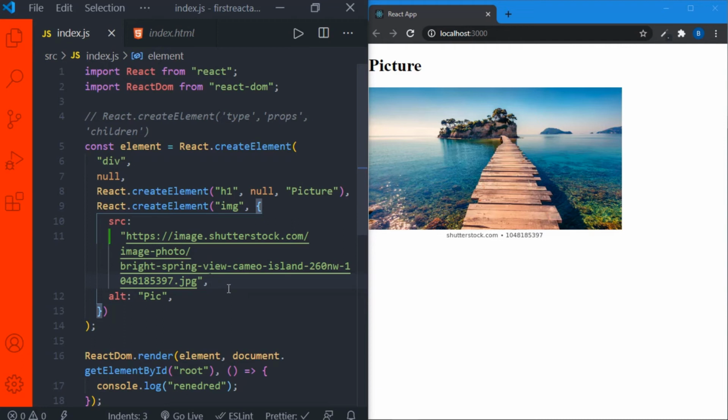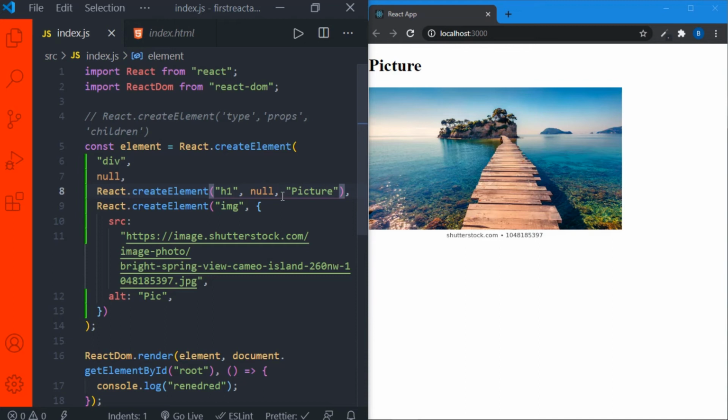And if you want to add another h1 over here, or another div, and inside that div you want to place 20 images, see how the code will be, right? It will exceed maybe 100 lines, or even 1000 lines. So this code is not in a proper way, right? You can escape from this nesting and writing createElement and so on with the help of JSX. So here comes JSX into the picture.